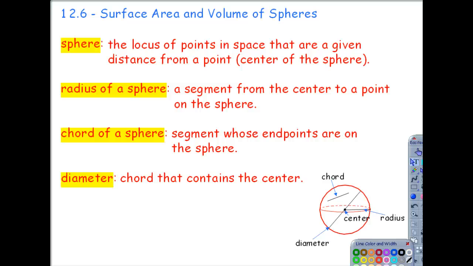So this next section is actually going to talk about a solid we haven't mentioned yet, a sphere. We've talked about all the other solids: cylinders, prisms, cones, pyramids. The one thing we've left off is a sphere. And notice we're going to talk about both surface area and volume in just one day, mainly because these formulas